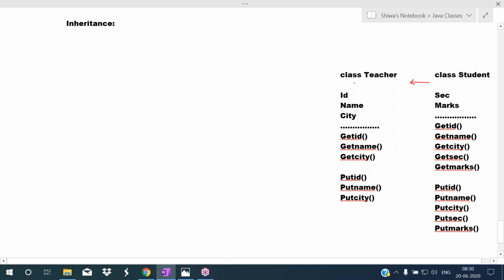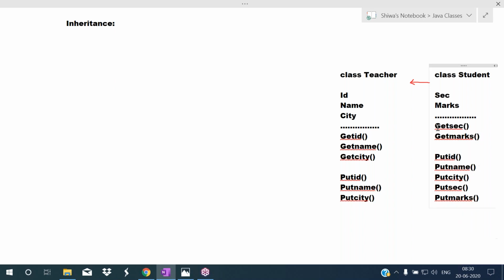So we are reusing this id, name, city. The reusability of the members is the main advantage with inheritance. Similarly, here we have no need to define the get id method, get name method, get city method, because those are already available in the class teacher.